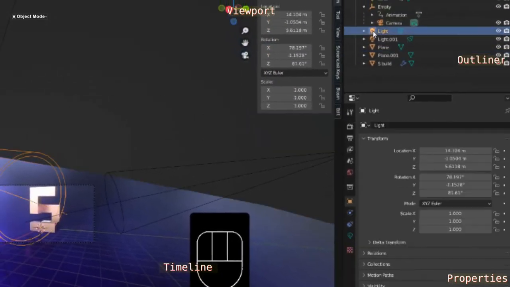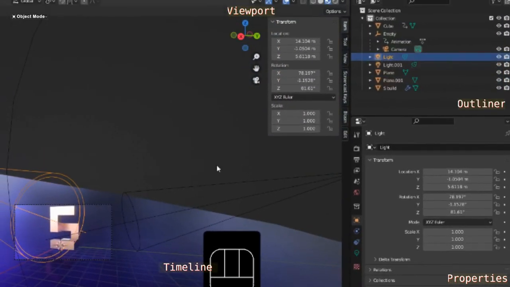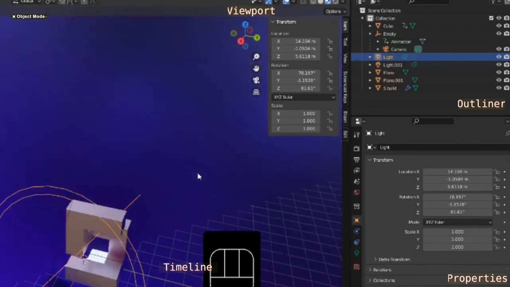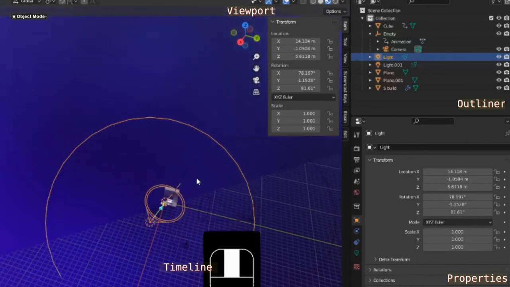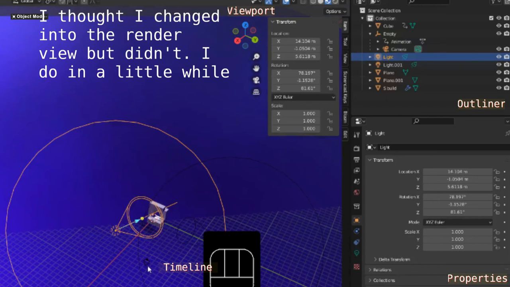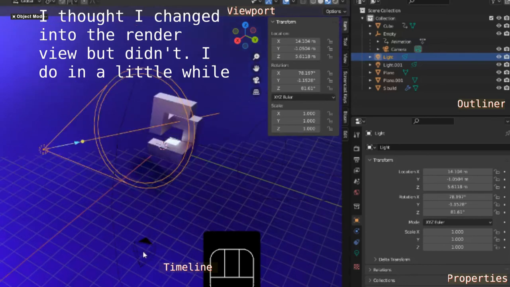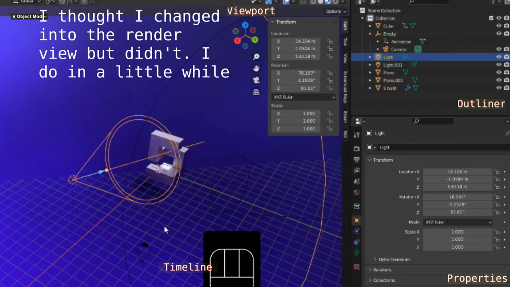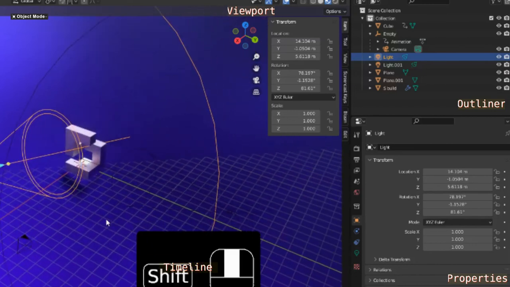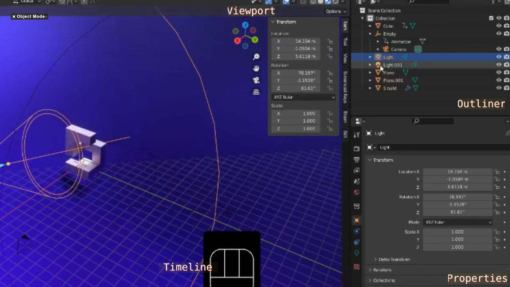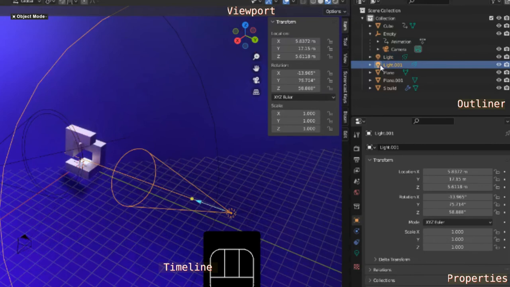To check the lights more, now it's best to go into the render view, and you can see how it's gone slightly darker. That means that some of our lights are not strong enough, so we can have a look at some of those and position them. I've got two lights. All I did was Shift D and copy the first light that was there when I opened it up by default.